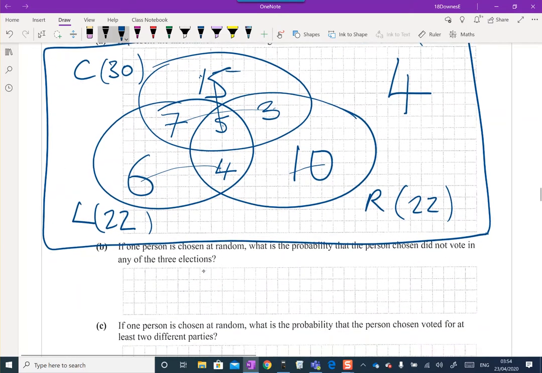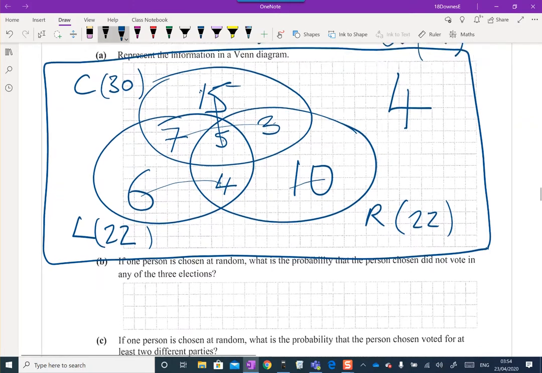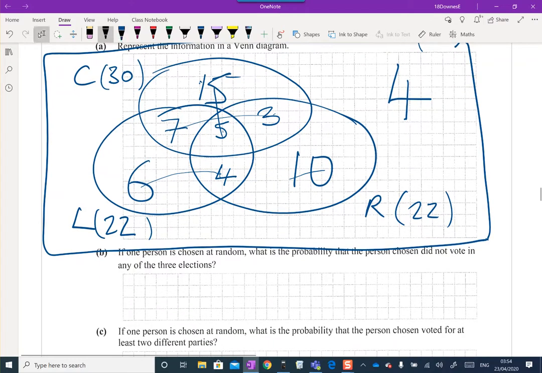If one person is chosen at random, what is the probability that that person chosen did not vote for any of the three in any of the 3 elections? So that's these 4 people. So what's the probability? So probability is the number 4 divided by 54. Okay, and I could do that in my head, maybe, maybe not. I think it's 2 over 27, but